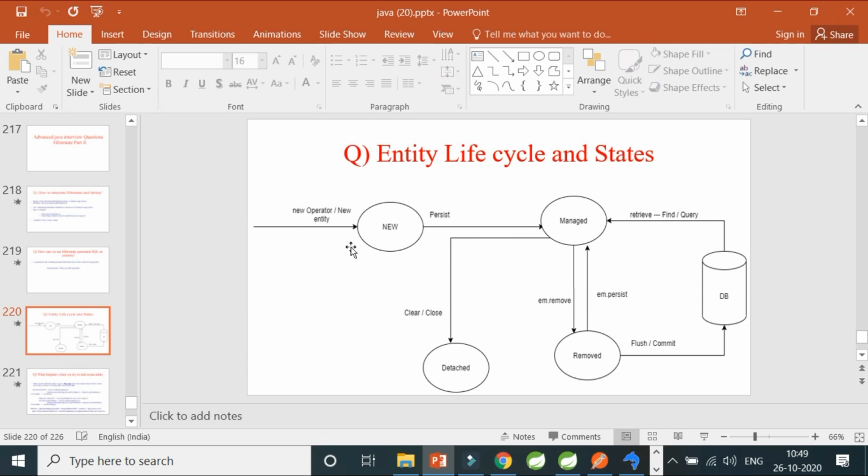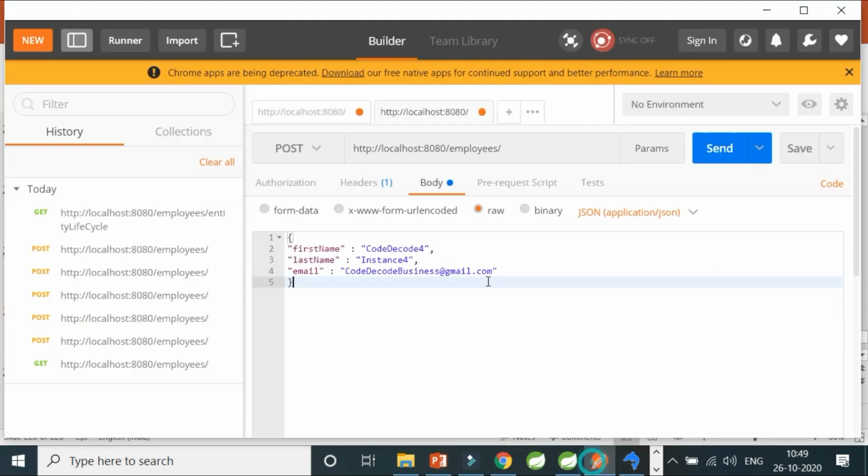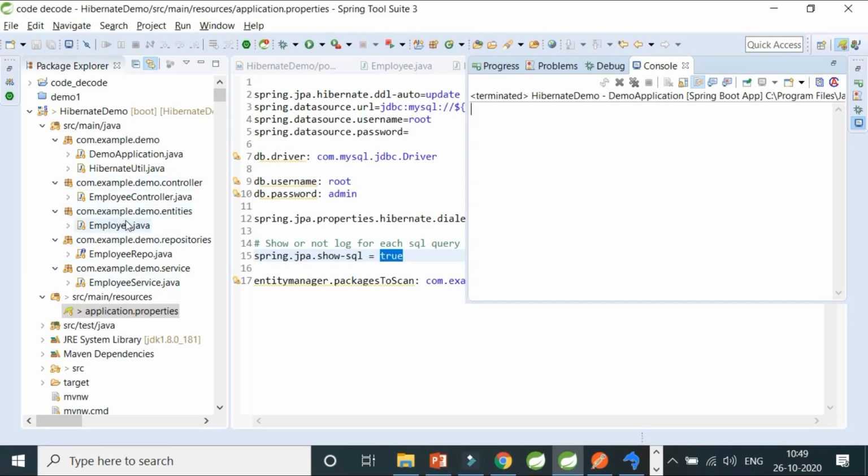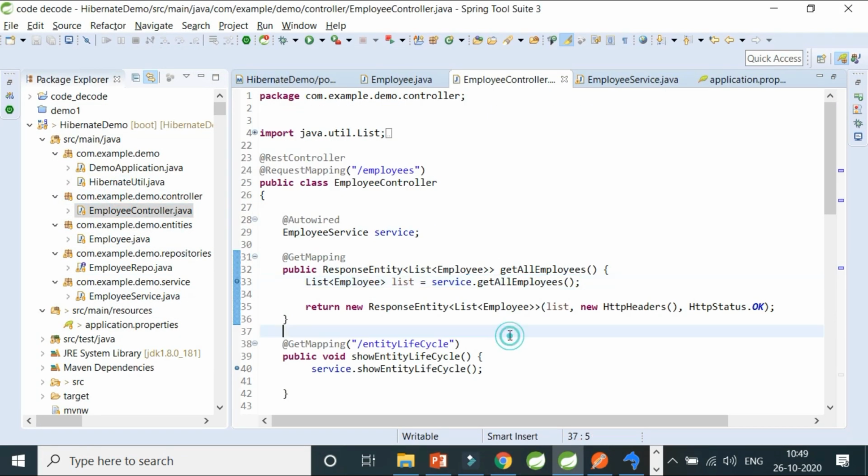The very first entity lifecycle state you have is the new state. The new state is where you create an instance. For example, when I send a POST request to HTTP 8080 employees, it goes here to the employee controller, right?